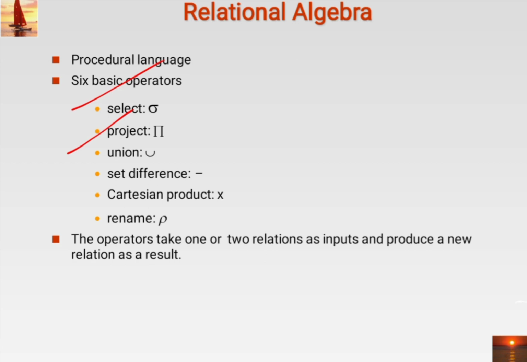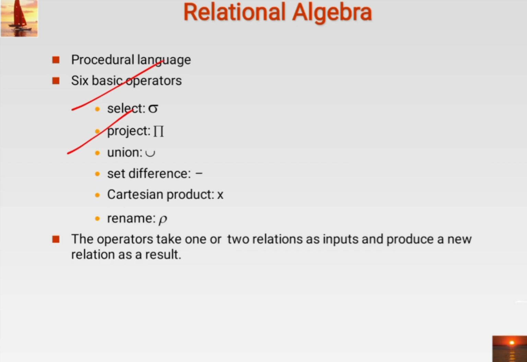Because when we start with query processing and query optimization, I will require the cost of the query, and it depends on which operation you are applying first, because the composition of select and project will be combined together. So if we select first and then we project, the cost will be different. If we project first and then we select, the cost will be different.